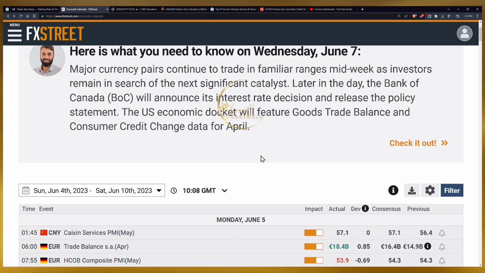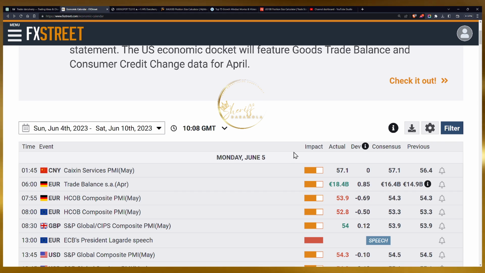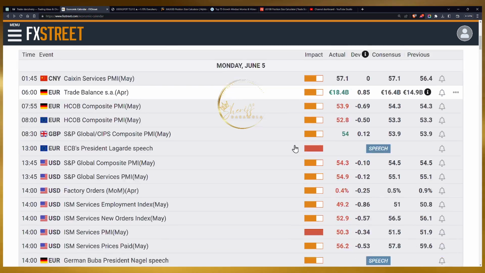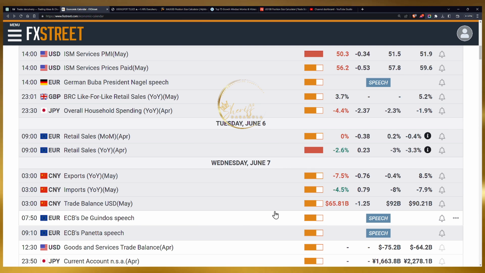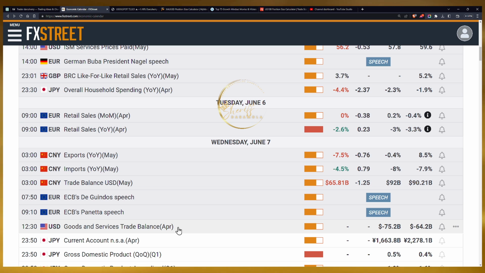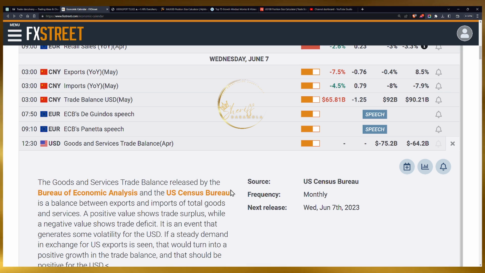So as a result of this, we want to look at what we are going to be looking forward to today. And you know how we do it. We are going to be focusing on high impact events. But when I checked, there was no high impact event that will be affecting any of the instruments that we are monitoring for today. So what I did instead was to include the medium impact events by filtering. And I was able to see the goods and services trade balance, which is coming from the US docket. This is a very important event that we also want to take note of, and it is coming up in about an hour or two from now.